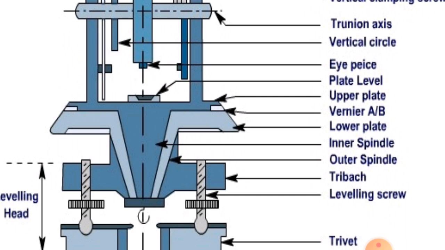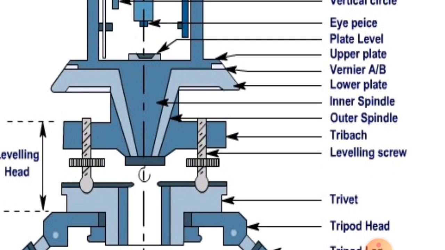So from windows A and B, we can easily see and mark the angles. So they are called vernier A and vernier B. In vernier A, we measure the angle from the 0 degree, and in vernier B we measure the angle from the 180 degree. So there is a 180 degree difference between them. Then after,